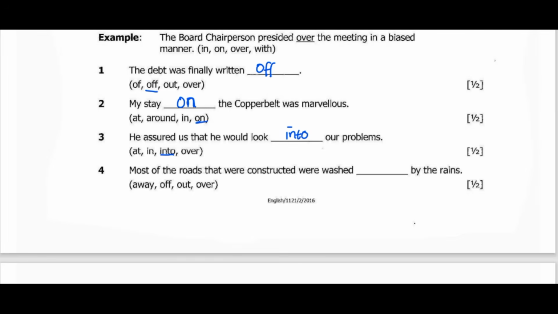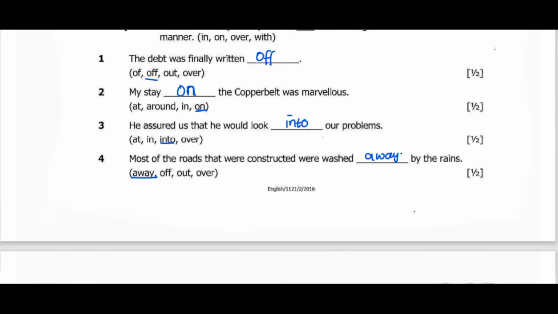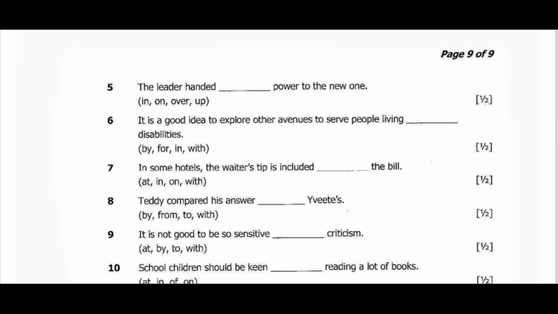Most of the roads that were constructed were washed away, like being destroyed. Then question 5, the leader handed over. So it's to hand over, like you give the power to someone so that he or she may continue from where I ended. Question 6,